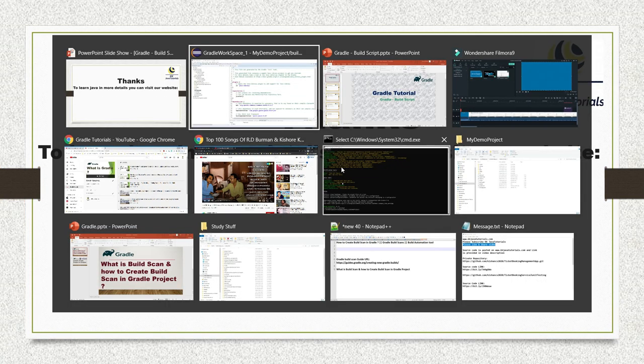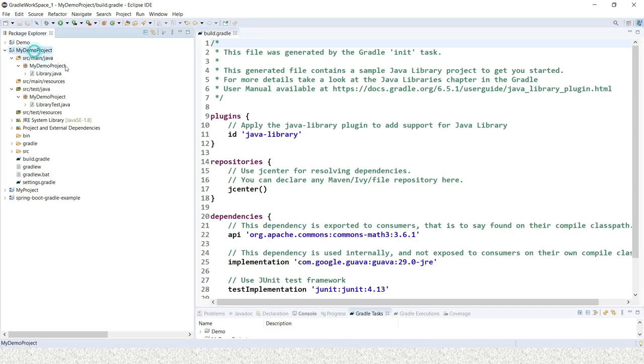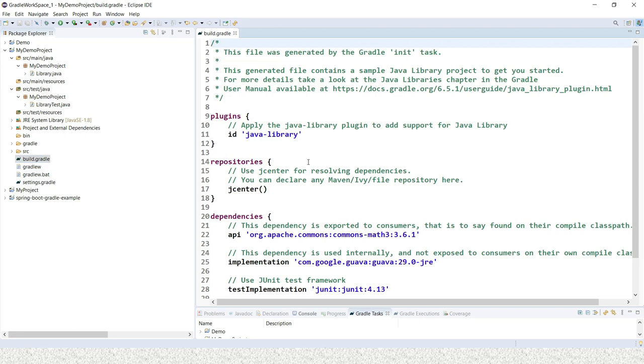So let's go to Eclipse, and here you can see I already have this project which I created in my previous video tutorial. If you look into this project root directory, we have a scripting file called build.gradle. The build.gradle file contains three default sections.